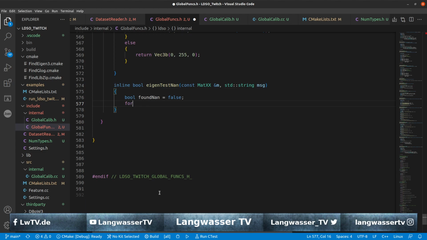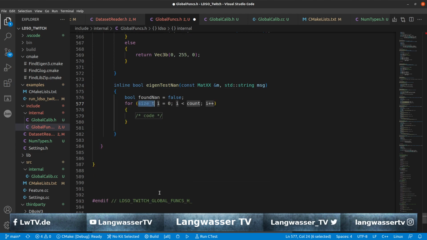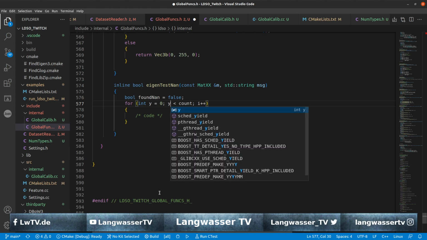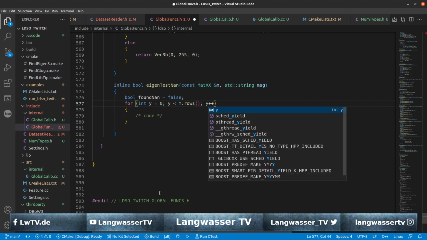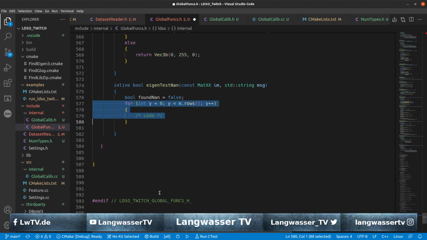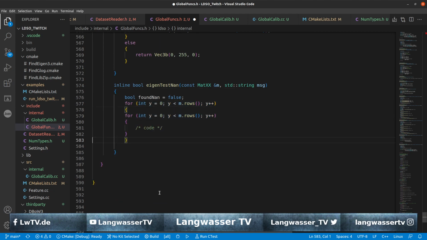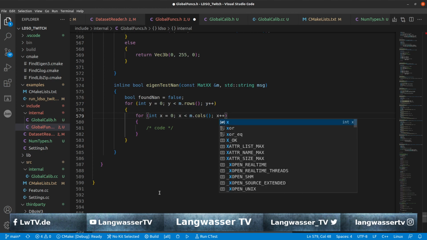Then there's a for int y equals 0, y is less than m.rows, and y plus plus. We copy that and put it into this code block, because here we loop through the x's. X is less than m calls and x plus plus,